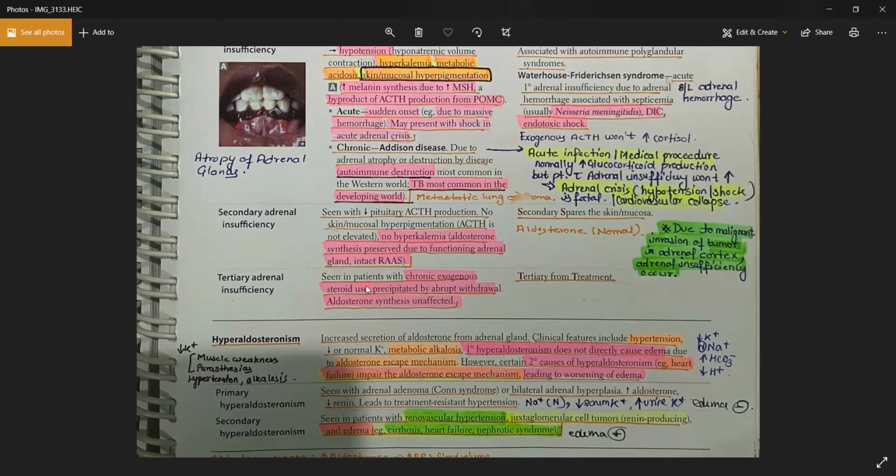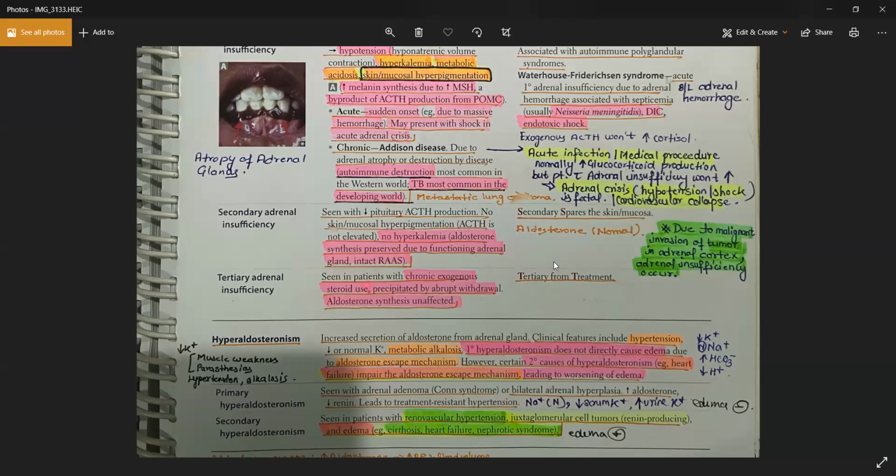Very important. Whenever you abruptly stop the exogenous steroids, because endogenous ones are already inhibited, what you will get is the precipitation of an adrenal crisis. Okay, and aldosterone synthesis would be unaffected. Why? Because ACTH does not control aldosterone. It just controls the glucocorticoids, right? So tertiary always happens because of the treatment. Okay, and